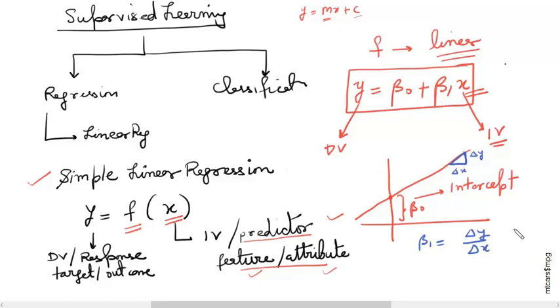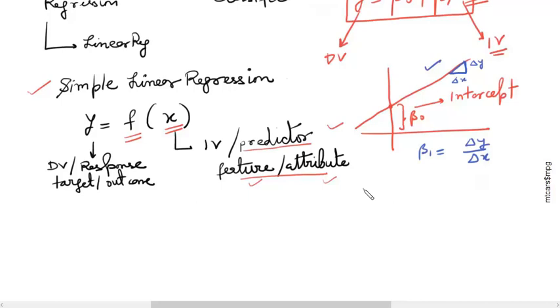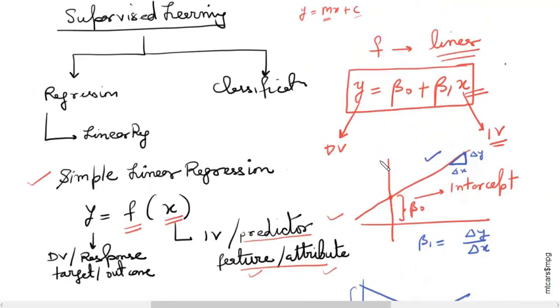If the slope is positive, a line will have an increasing trend, as I have drawn in this case. If the slope is negative, a line will have a decreasing trend, like this. So this has a negative slope. Similarly, if your intercept is above the origin, it will have a positive intercept. If your intercept is below the origin, for example this line, it will have a negative intercept. So this is how we define the relationship between the dependent variable and the independent variable in case of a simple linear regression.